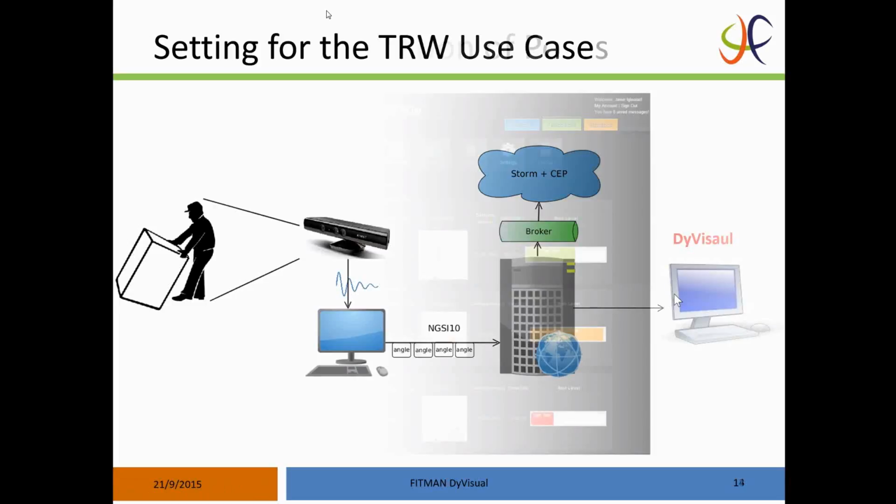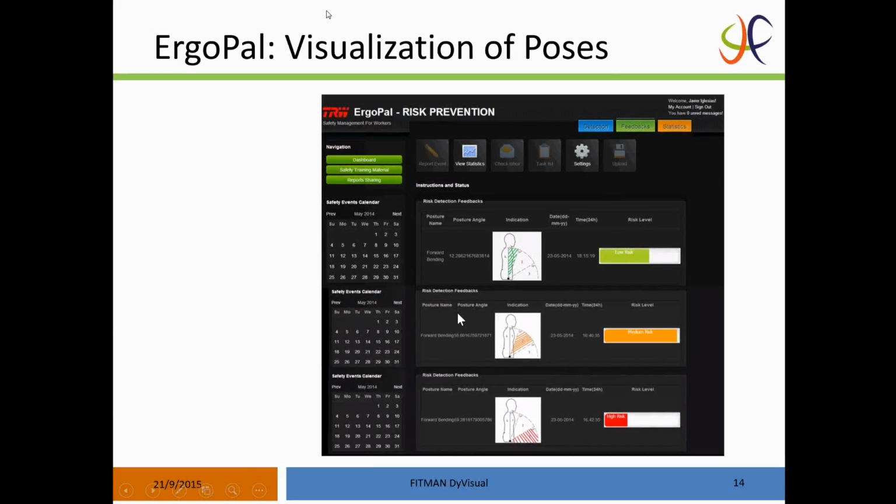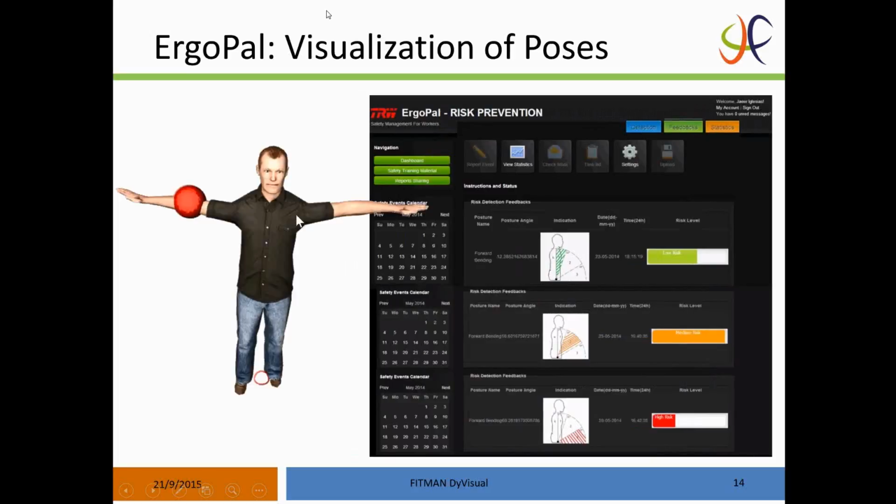And there was already a system developed by another partner who could actually display the results of the ergonomic analysis in a color scheme in a 2D environment, and our idea was to add to that an avatar that can actually display the poses that are meant. So how the movement the worker actually did, and mark the joint that is problematic with a color scheme that is used by the